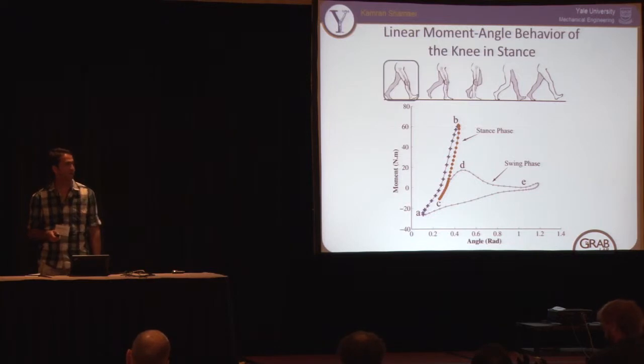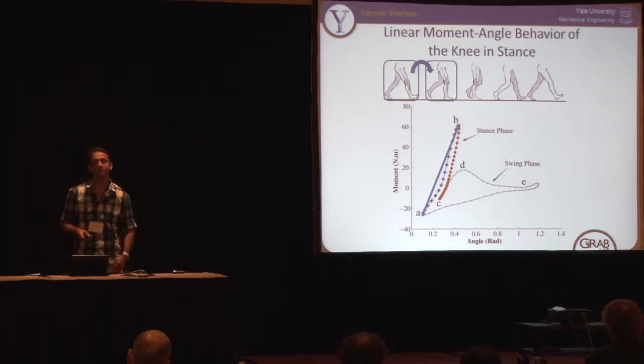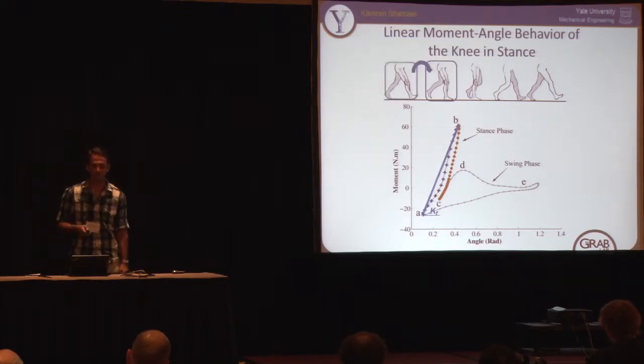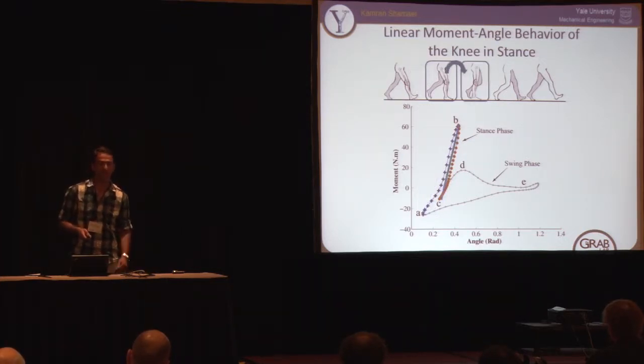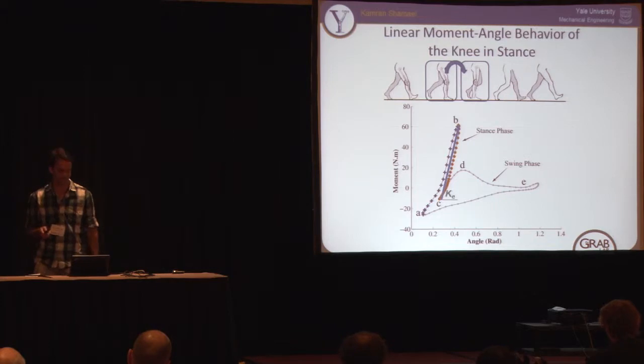First, the heel contacts the ground at point A, and then the knee flexes up to point B. Previous studies show that this phase is a linear phase. So if we fit a line to this phase, the slope of that line would be called the quasi-stiffness of that phase. Similarly, for the extension phase, we can define the quasi-stiffness, and also for the weight acceptance phase